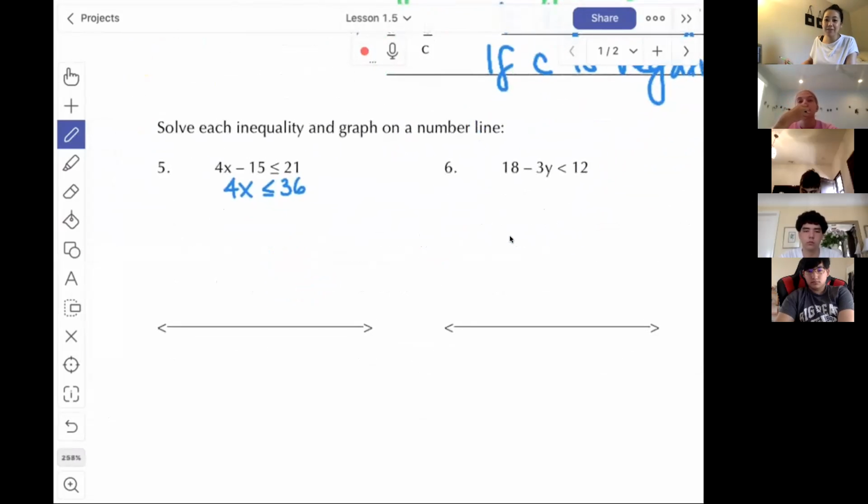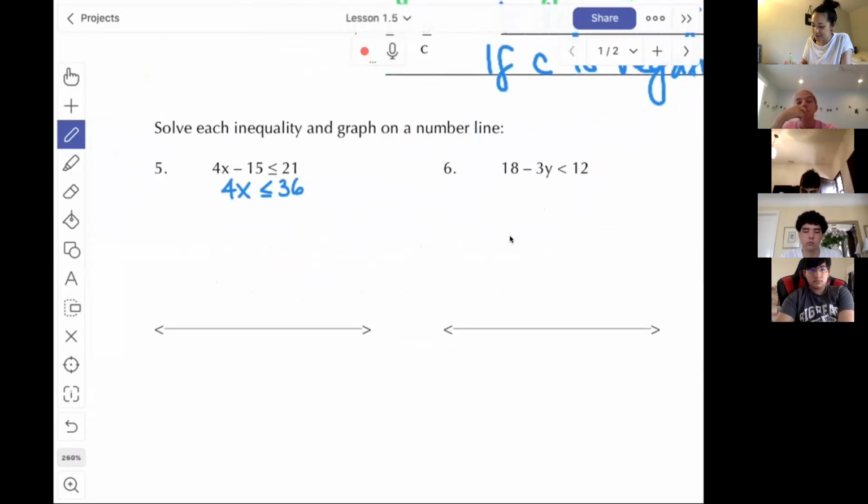All right, so add 15 to both sides, divide by 4, and just isolate your variable just like you were solving an equation. I didn't divide or multiply by a negative, so my inequality just still stays the same. So this is my final answer for solving. And then to graph,